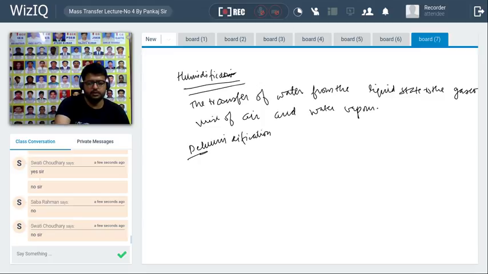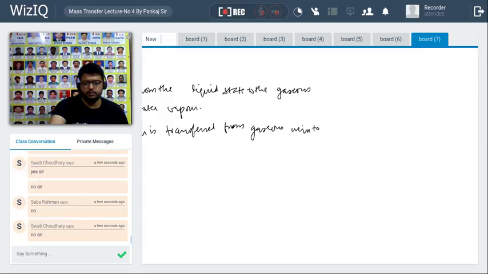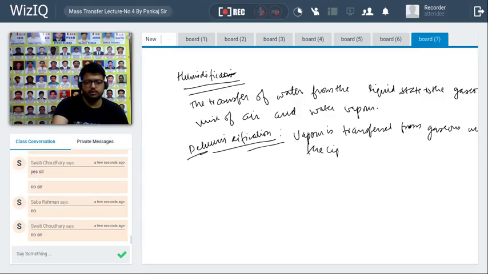Okay, so dehumidification. D means opposite to that of humidification. So it is the reverse of humidification, and the vapor is transferred from the gaseous mixture to the liquid state. Okay,